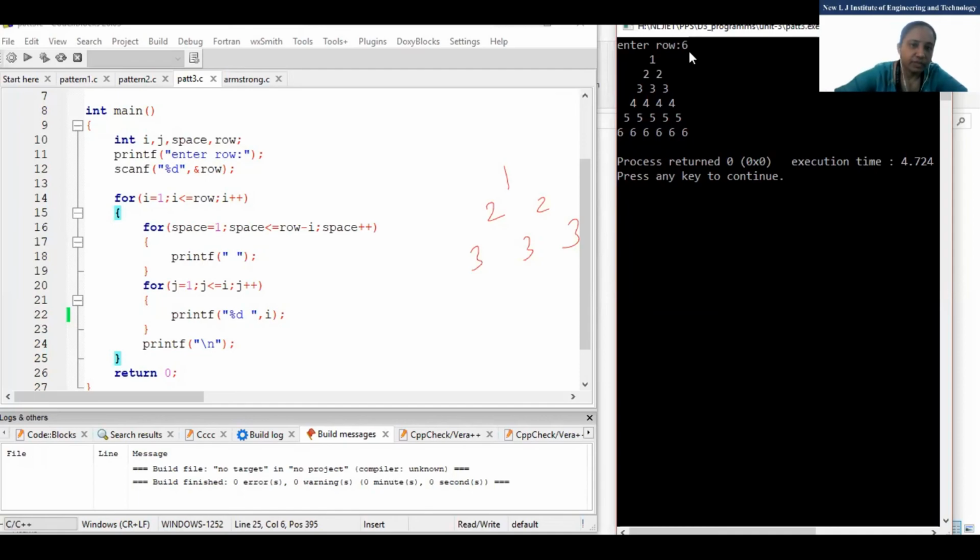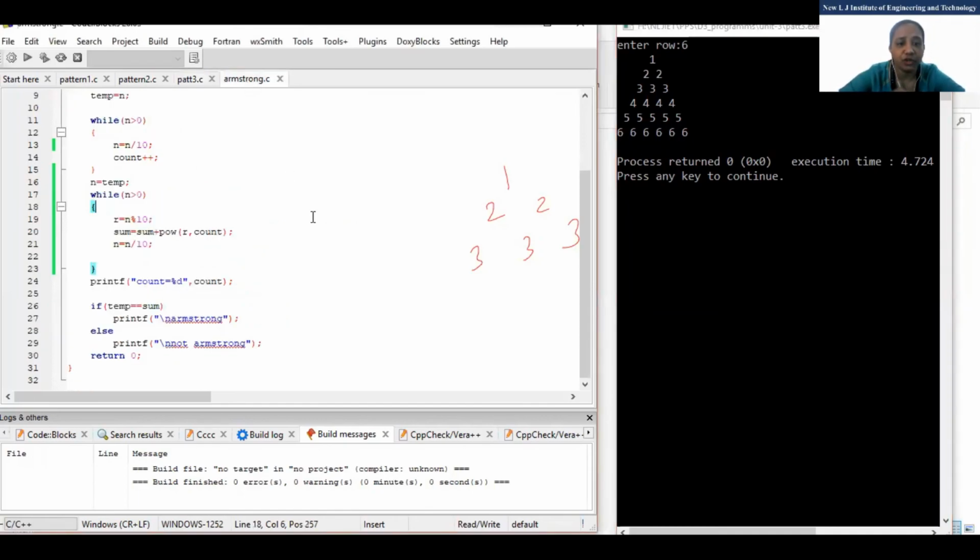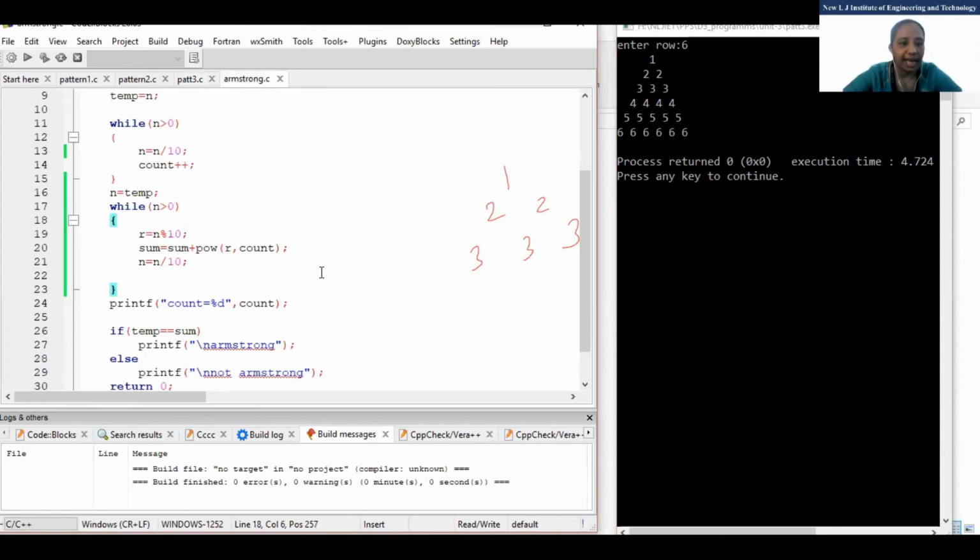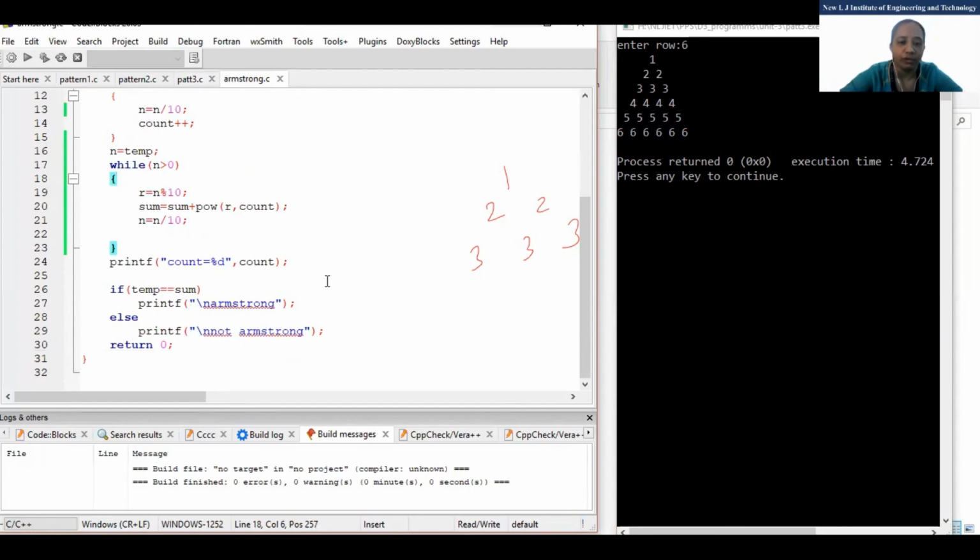Okay, fine. Now the last program is the Armstrong program. Many students have done that. I have asked you for the general program, that means if there are 4 digits, it should work, and for 5 digits, it should also work. Yesterday we saw how to count the number of digits.